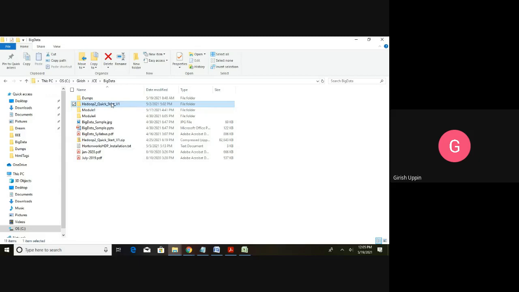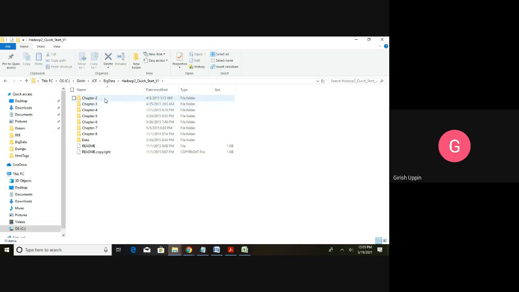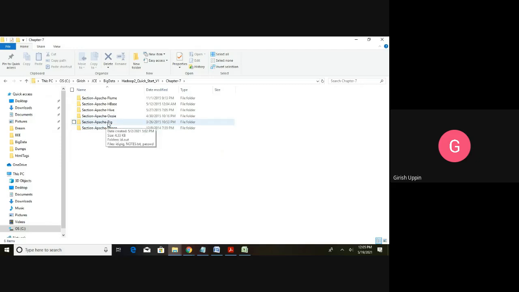I have extracted this zip file. This is the folder, and inside it, for each chapter, I have all the source code included. For this essential tool, I will go to chapter 7 and the Apache Pig section. We are going to see Pig first.